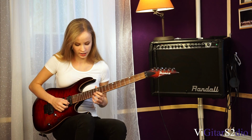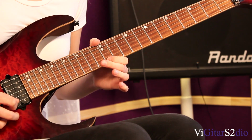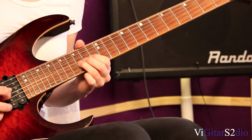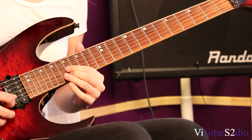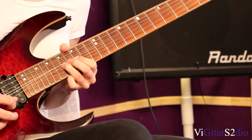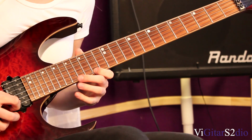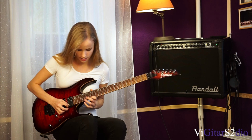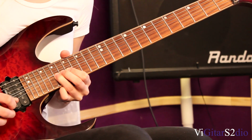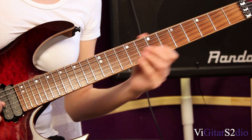And this was again a half bend on the 14th fret. Then 15th fret and a full bend. Then afterwards 19 and a full bend on the 17th fret. And 2 full bends on the 19th fret. Then the next part is again pretty basic. It goes like...